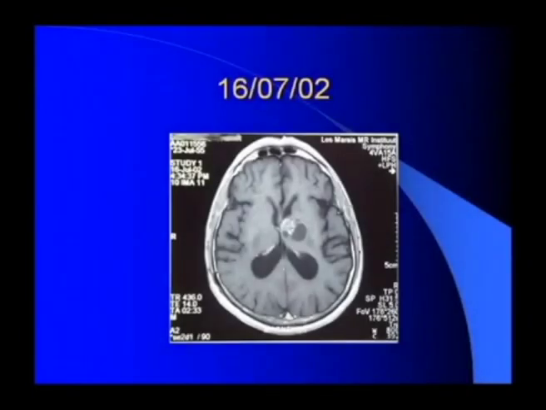Now, this is the one thing that I want to tell you that I found about the Rife: if you use the correct frequencies, you will get results. If you're not getting results, you've either got the wrong diagnosis and you're using the wrong frequencies. Okay, so we put him on astrocytoma 3 times a week.